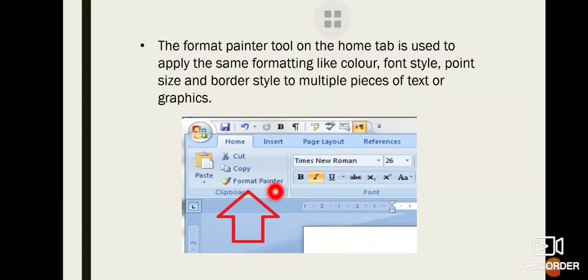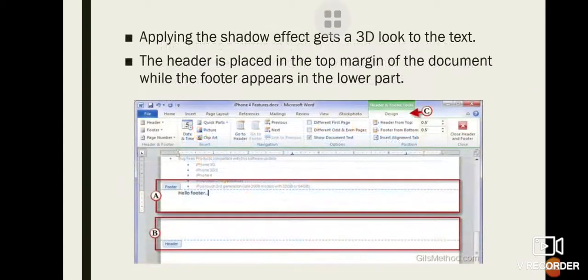It will copy all the settings like your font style, size, bold, italic, underline, and apply them to your next paragraph. So it saves time, no need to set it a number of times, only need to copy it and paste it.